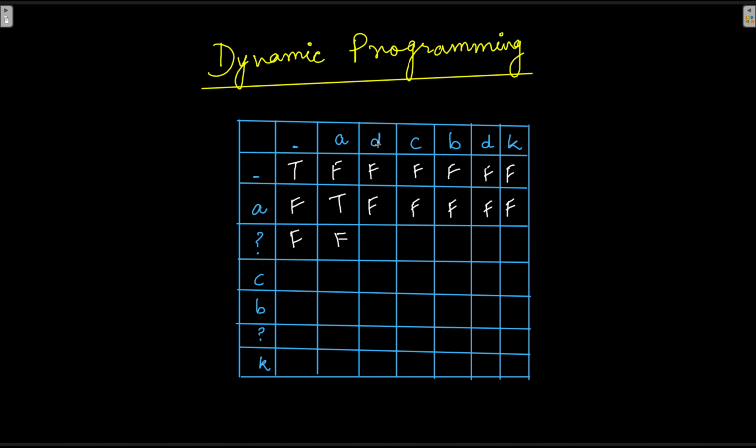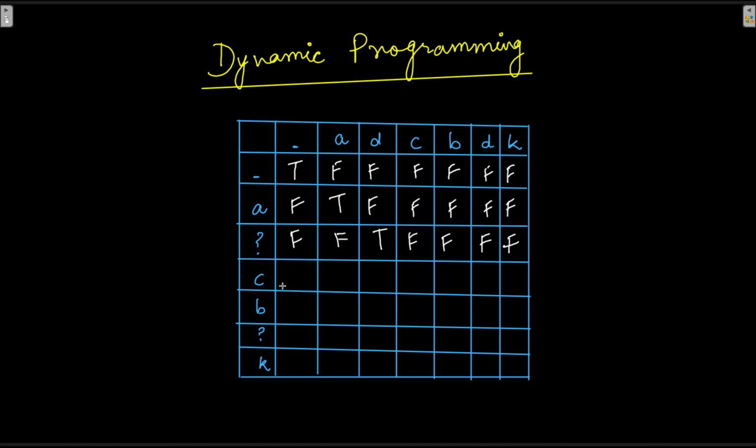Then question mark would match against D. That's right. D is going to be a match. What about the previous string? So we'll check whether A is going to be a match for this A or not. And this was a match because this particular cell says T. So this is true, as well as D can stand for question mark. That is also true. So because both the conditions are true, I'm going to write true here. Then let's check it for C. C would be a match, but this is F here and this is F all the way. So I'm going to write F all the way.